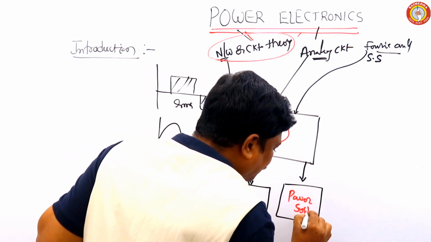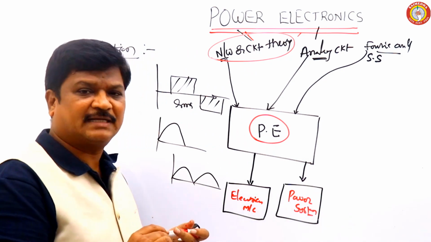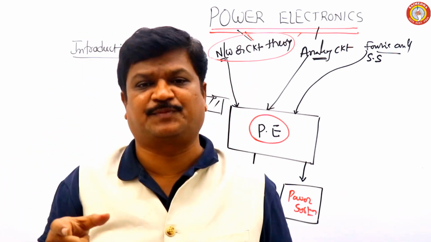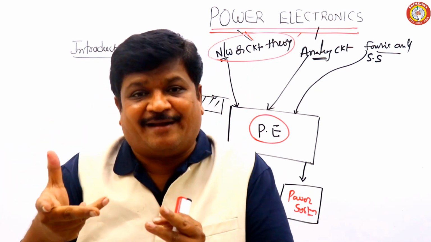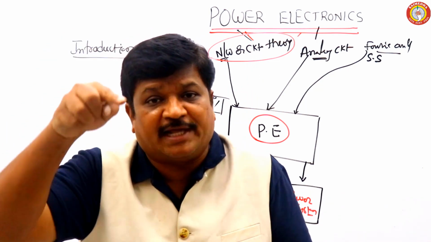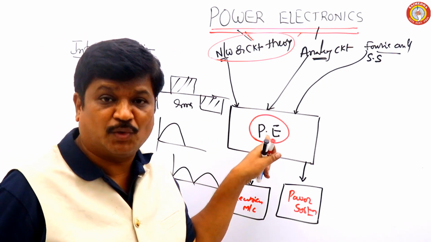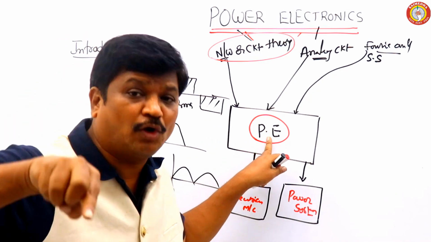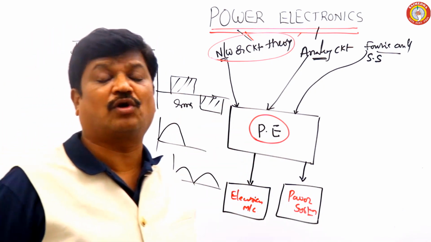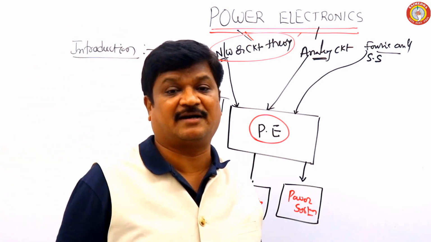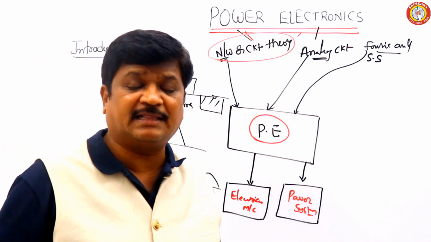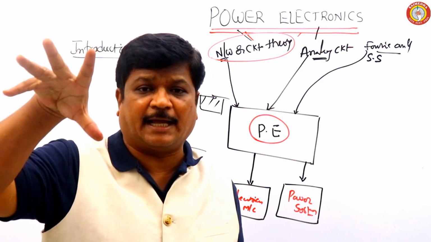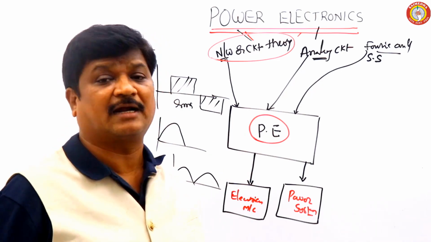Why, sir? Why? Because I have one DC motor. The motor is rotating with some speed. I want to control the speed. The best way of controlling speed is by using a power electronic circuit instead of the armature control method or field control method. We can use the power electronics control method as the best method. Even if you want to maintain induction motor speed control by keeping V by F constant, that is possible by using power electronic controllers.